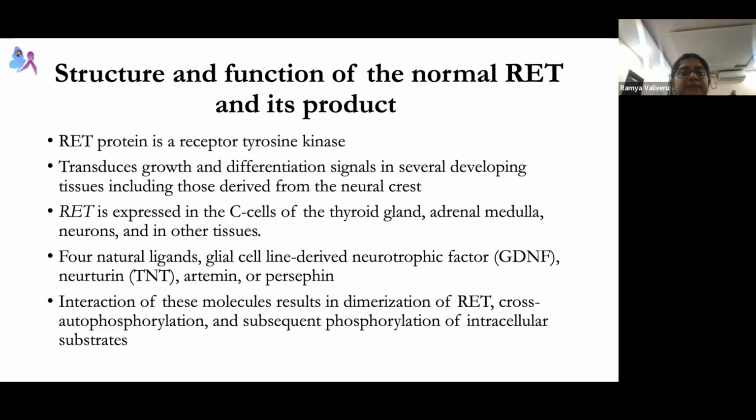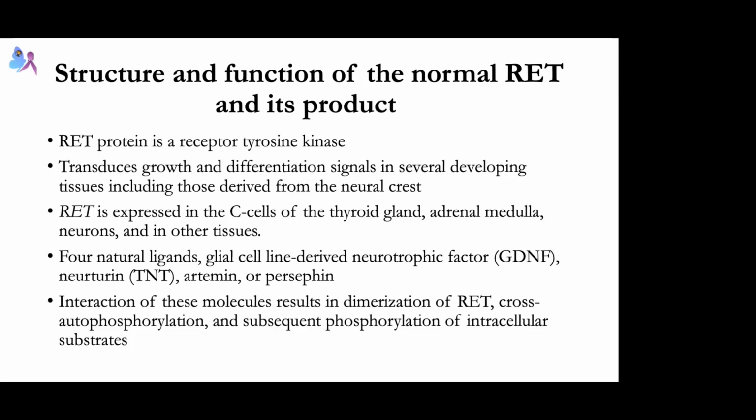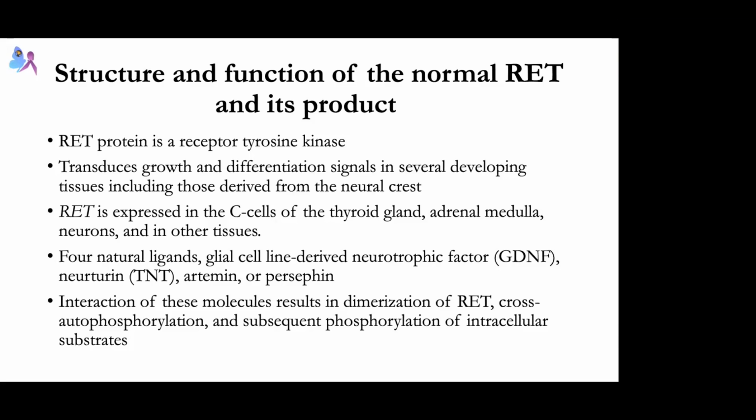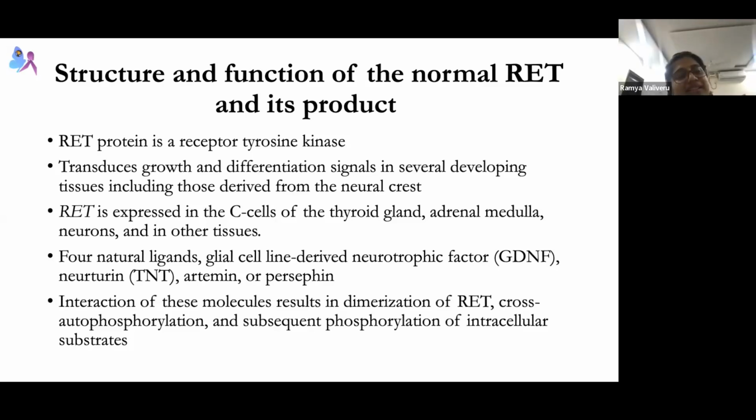I'm just using them interchangeably here. In general parlance, inherited and familial are not the same because all familial diseases need not be inherited. But here I'm using them interchangeably. So what we are saying here is that inherited medullary thyroid cancer has a better prognosis. Does it not apply to familial medullary thyroid cancer? No, it does. Here they are the same.